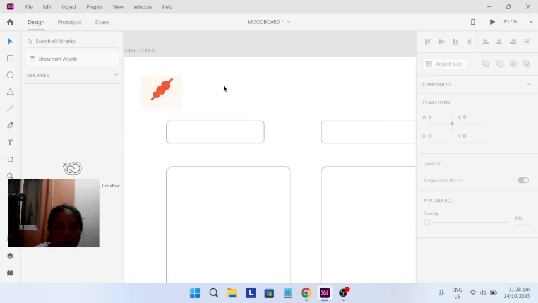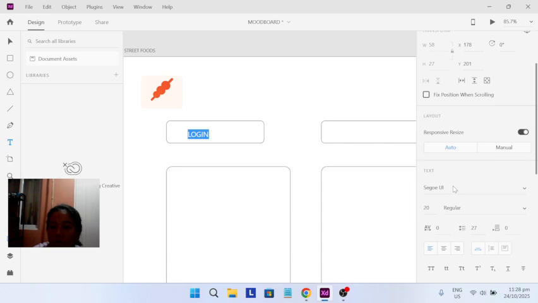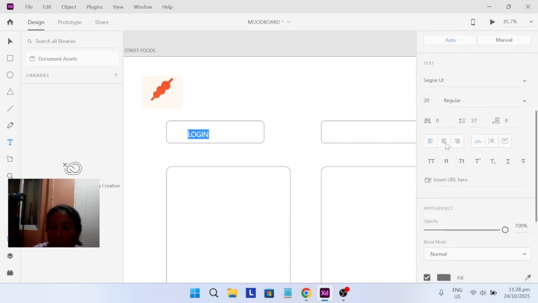After, lagay tayo ng logged in. Logged in. Then font about 30.